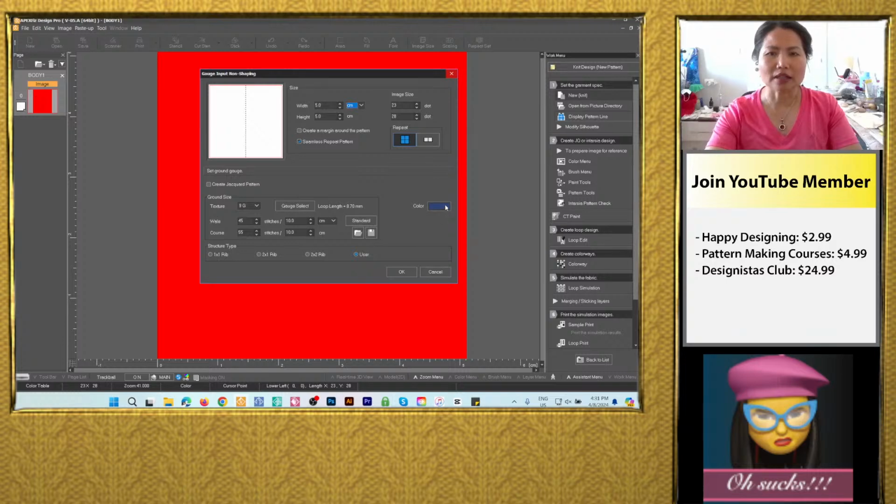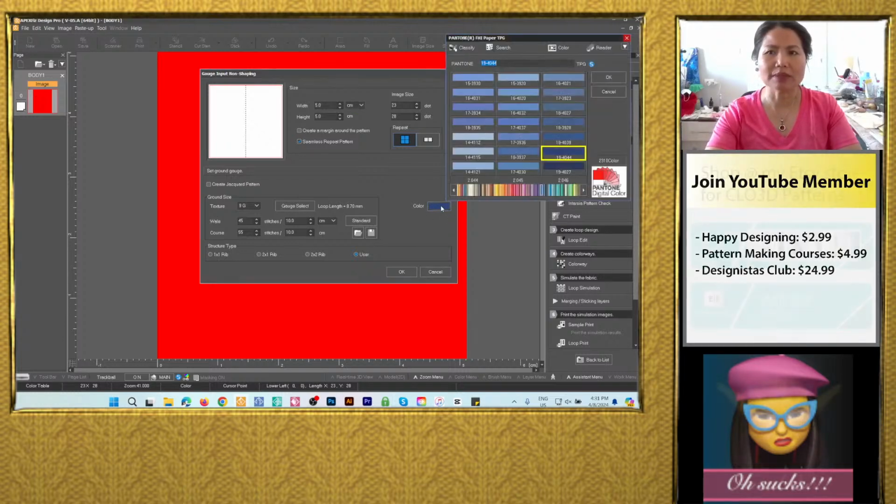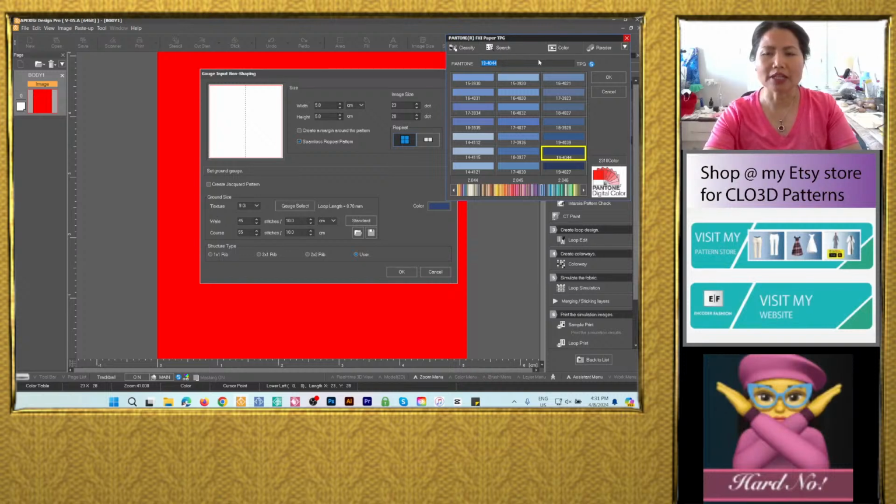And over here, color. So I can change the color if I want to right now. Simply click on that color chip there and then get to my color Pantone. I can select any color, but by default, I select this color because I'm going to create 15 colors for